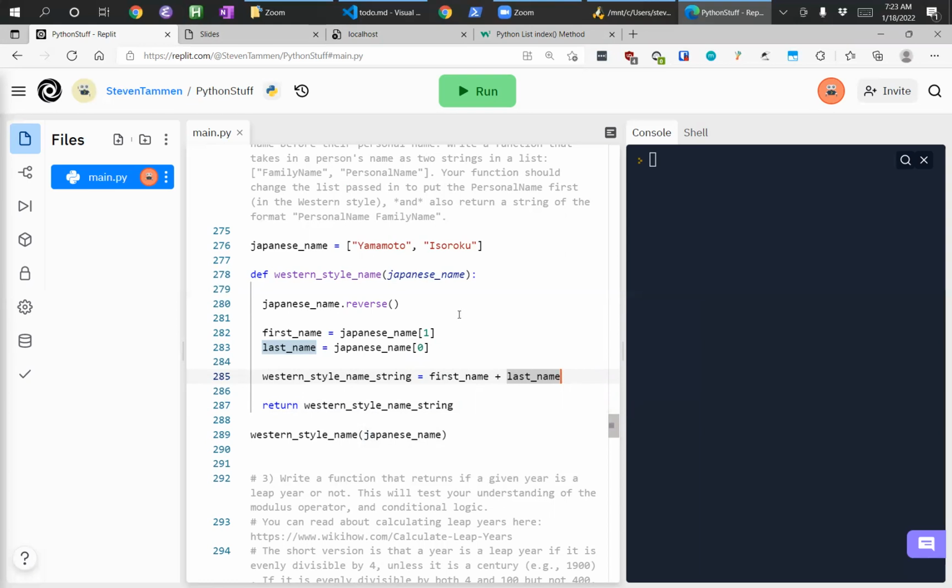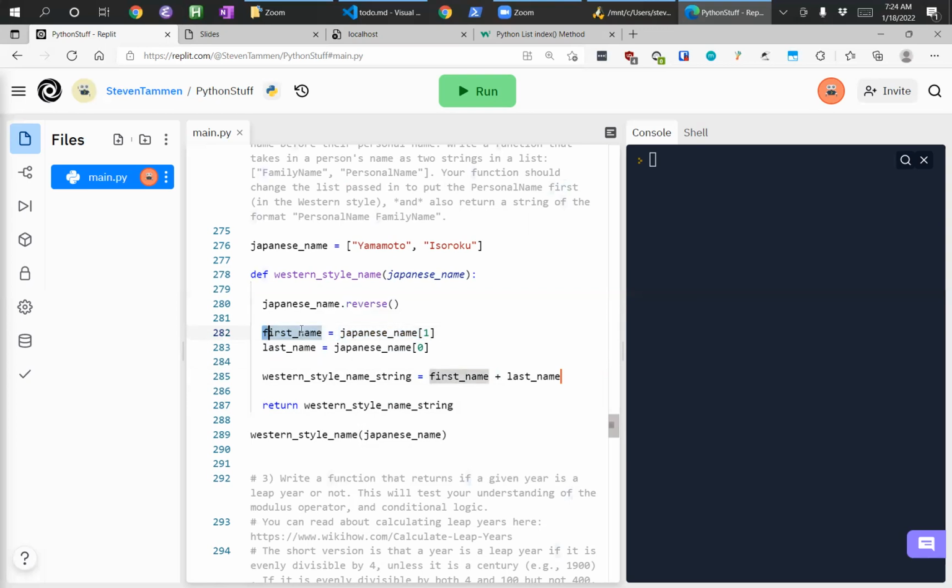So when you say that it won't know what the plus sign means, what exactly do you mean by that? You mean like how numbers, it tries to add numbers, and strings, it tries to concatenate strings. So yeah. So I figured it might not recognize that what I'm telling it to do is to put two strings. So up here, when you say first name is equal to the element of index 1 of the Japanese name array,